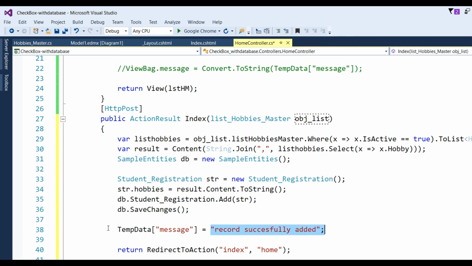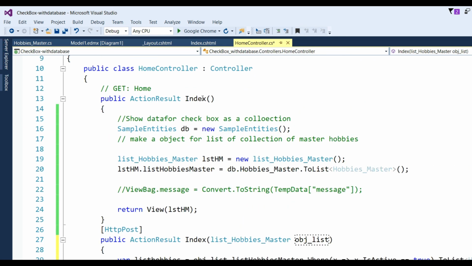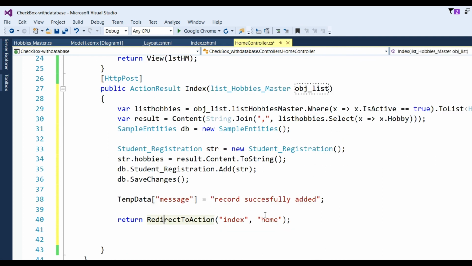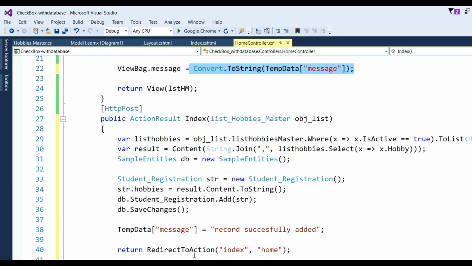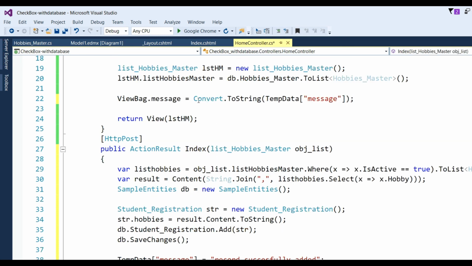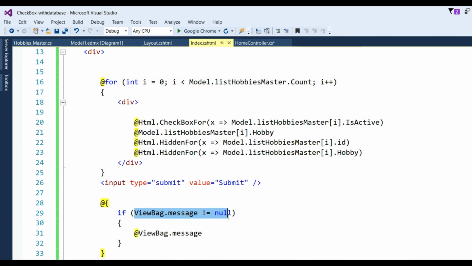This code will store the message in TempData, and then the redirect to the Home index controller comes here, and I write this code: ViewBag dot Message equal to Convert dot ToString of the TempData. This means the data goes from controller to controller using TempData, and from this controller it goes to ViewBag message, and if ViewBag message is not equal to null, then that message will be displayed here.